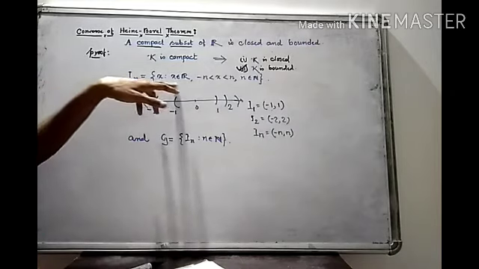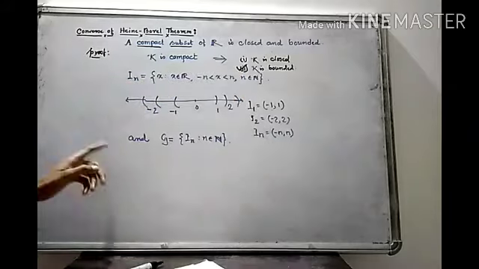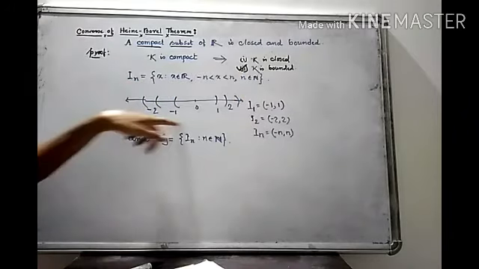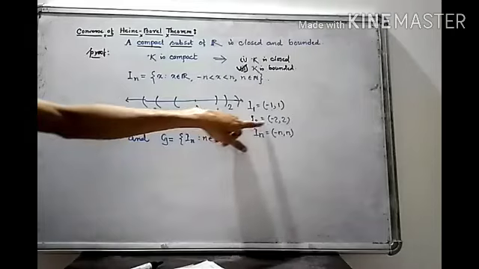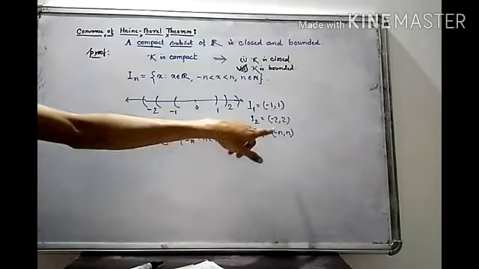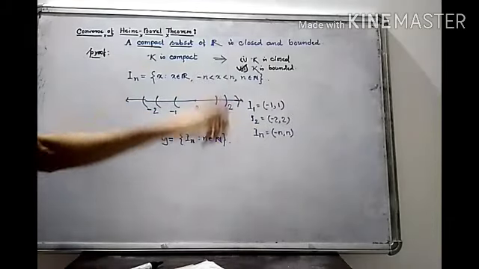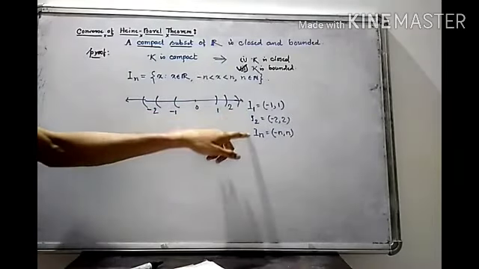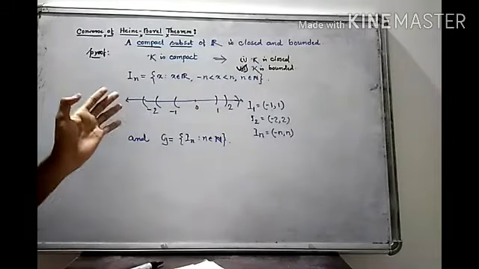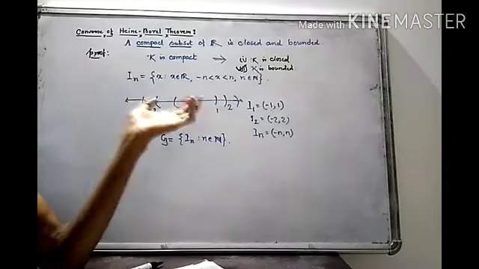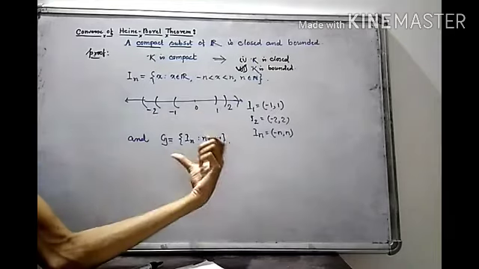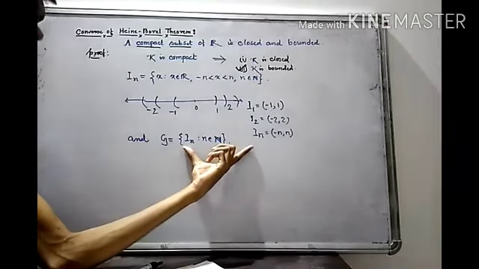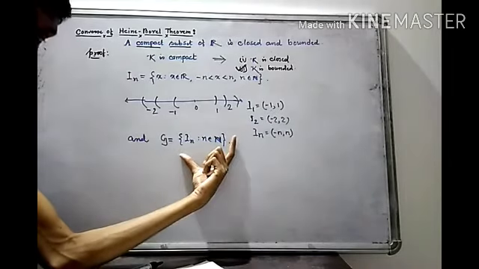In is the set of all x such that this; the figure is like this only. I1 equal to the open interval minus 1 to 1, I2 is minus 2 to 2, up to In is minus n to n. And these I1, I2, In are all open intervals, and you know all open intervals are open sets. So these In are all open sets,